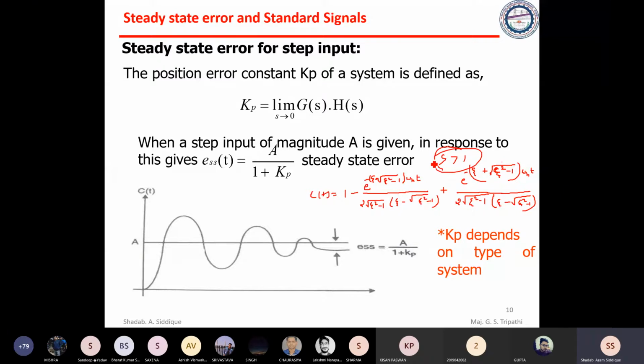So we have the four systems: the undamped system, zeta equal to 0; zeta in between 0 and 1, which is called an underdamped system; zeta equal to 1, a critically damped system; and zeta greater than 1, an overdamped system.